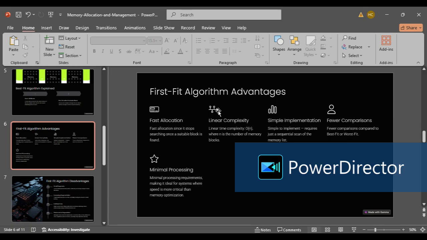Another advantage of the first fit is that it is simple to implement, so it requires just a sequential scan of memory. Another advantage is that it uses fewer comparisons compared to the best fit. And another is minimal processing requirements, which makes it ideal for systems where speed is more critical than memory optimization. So we look at the disadvantages of the